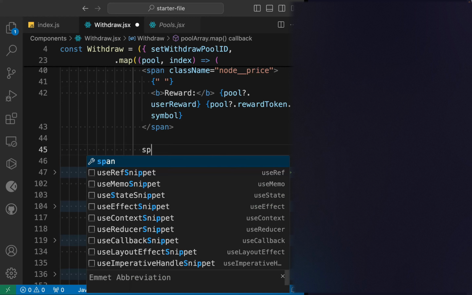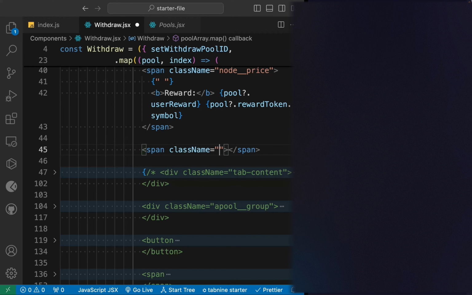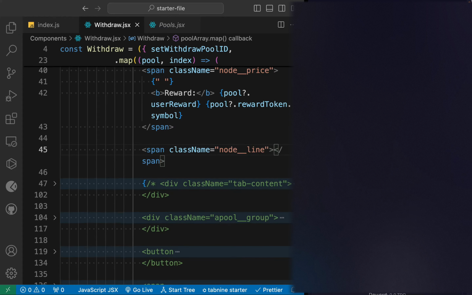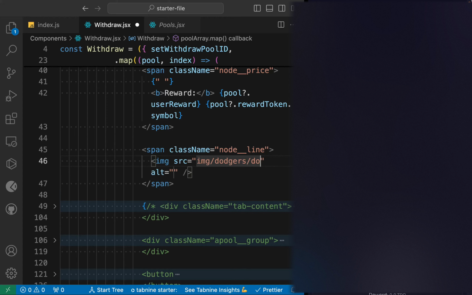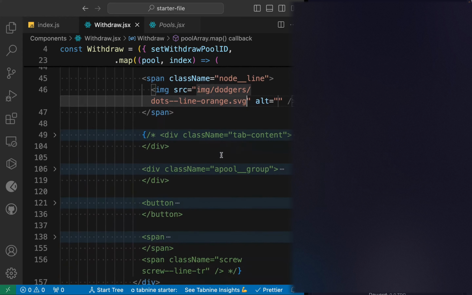We'll take another span. It will have a class. Let's call this node dash dash line. Inside that we can display our image. So we'll have the dot image. We'll say dot dash dash line orange svg. There it is. We got it. Now we can come back here,